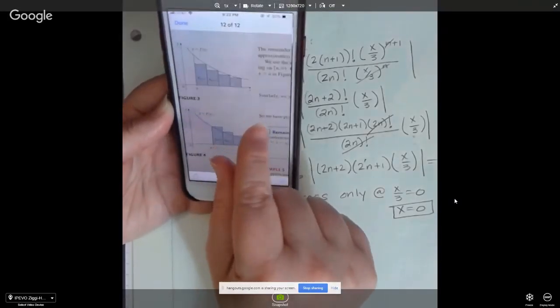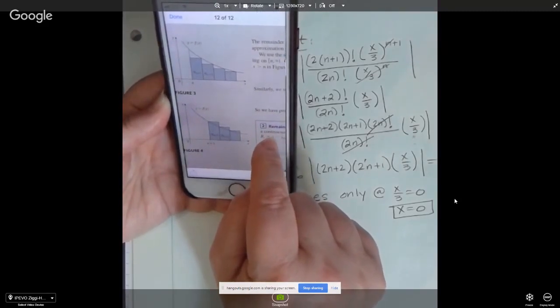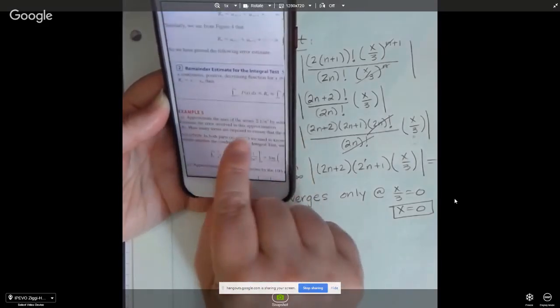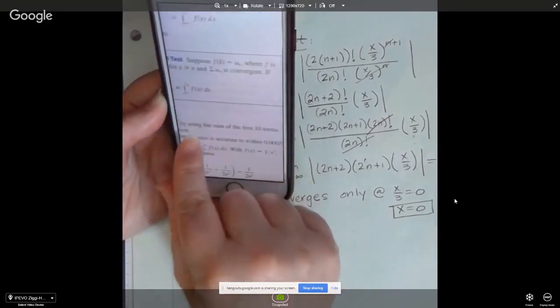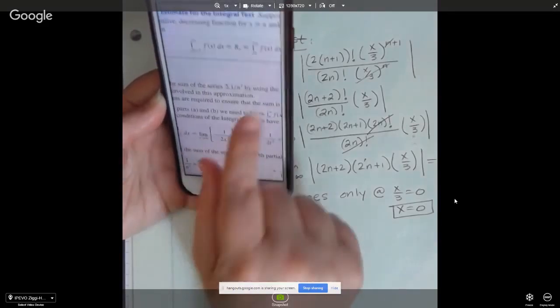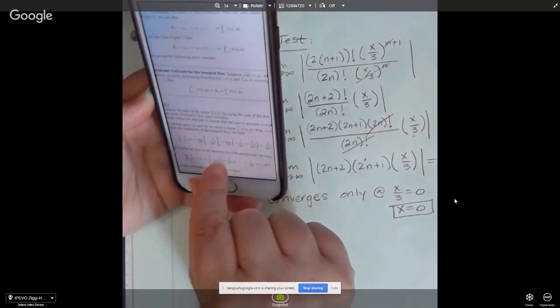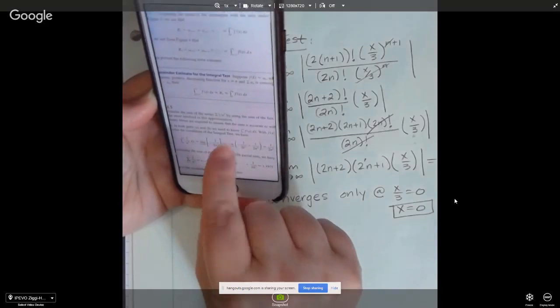Would it ever ask us to estimate the sum of a series? This one says, approximate the sum of the series by using the sum of the first 10 terms. So that's like estimating the series only taking n to 10. Yes. Okay, so then you would just, you know,